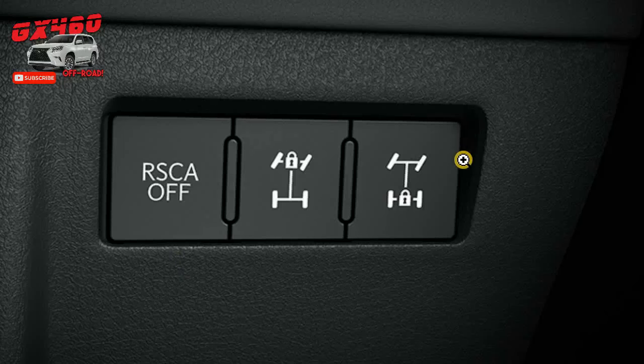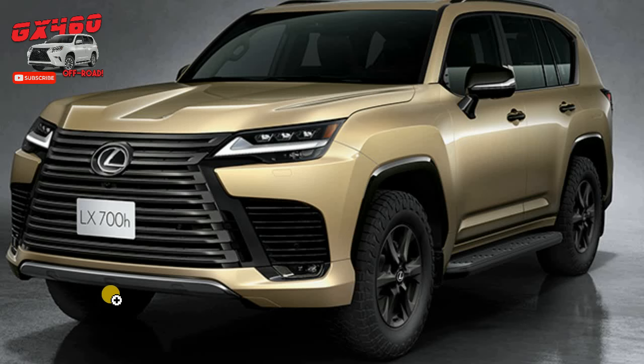Alright, good news, Toyota and Lexus fans. You're getting a front locked Lexus LX700. The first Lexus vehicle to have a front locker. That's right, a front locker available on a Lexus in America. It's real. This is the new Lexus